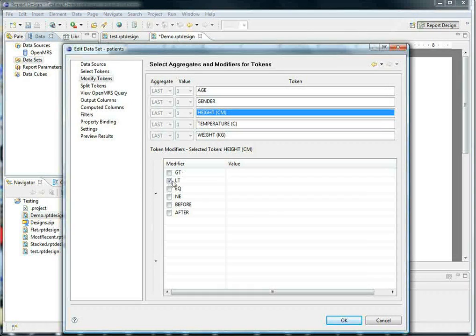So in order to enable a modifier, I'll check the box and provide it an option. For instance, in this case, maybe I want all heights that are less than 300. And maybe we want all heights that are also greater than 200. I can provide multiple